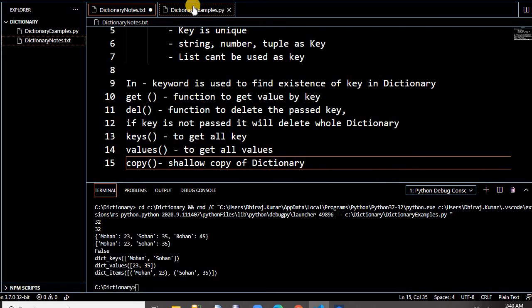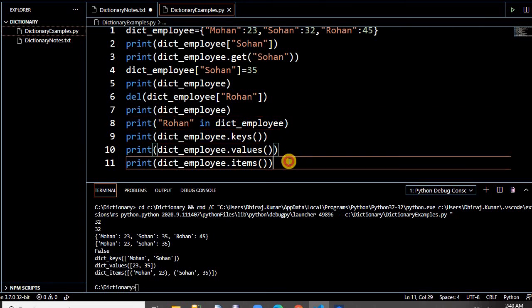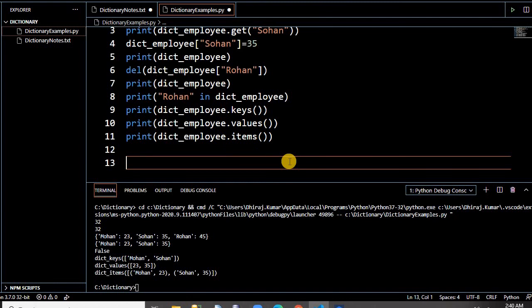One more thing I want to give you details about is the nested dictionary. Suppose we have one or two dictionaries that already exist and we want to create another dictionary, we can nest them inside. Let's take one dictionary, employee one, which contains name equal to Mohan.